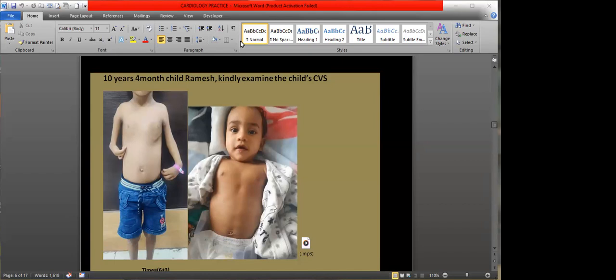Any clubbing that I can see? No clubbing. Any cyanosis? No. Pallor? No pallor. Any signs of infective endocarditis, Janeway lesions? No. Osler nodes? No. Splinter hemorrhages? No. Any cannulation markings on the hands? No. Are there any puberty signs? Any axillary hair? No. Okay. So now I want to look at his face.